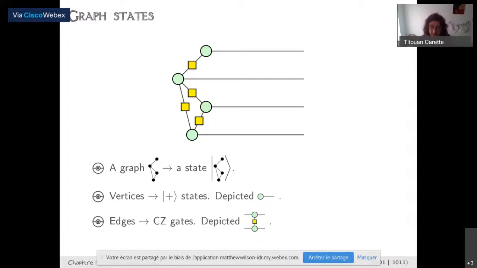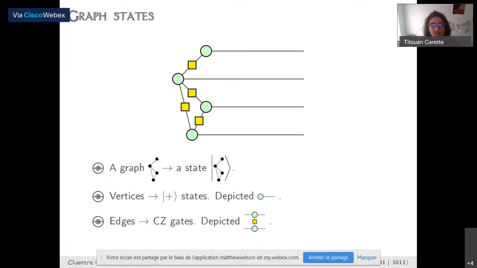So this is a. Titouan, could you backtrack for a little bit, because you're having some sound issues for the last minute or so. Okay. We couldn't really hear you. Also, you've got a bar at the bottom of your screen, which you might want to hide. Oh, yes, right. That's right. Okay. So can you tell me where I was? I think you started talking about the graph states and the CZ gates, and I think at some point after that, it disappeared. Okay. So